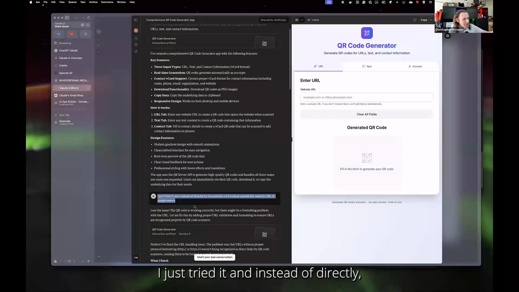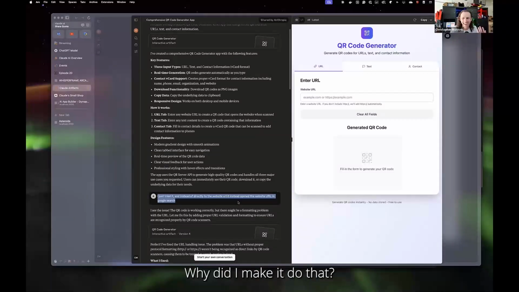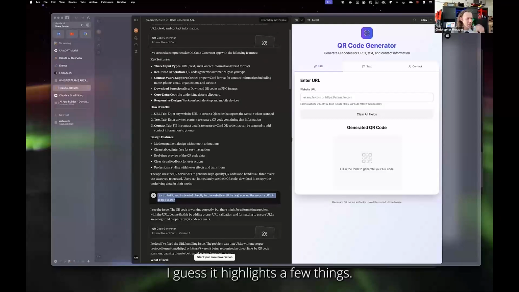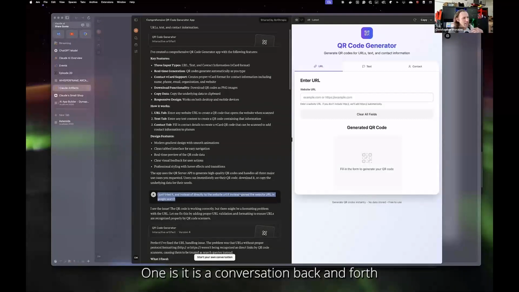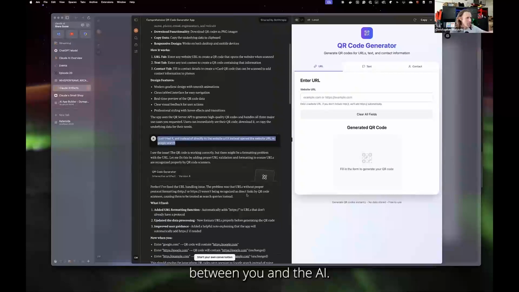I just tried it, and instead of going directly to the website URL, it opens the website URL in Google search. Well, that's weird. Why did the AI make it do that? But I guess it highlights a few things. One is it is a conversation back and forth between you and the AI. But it's also fairly simple.